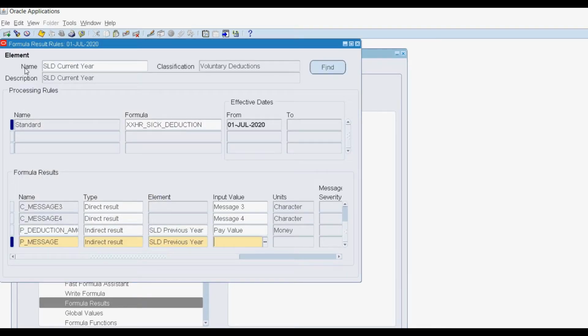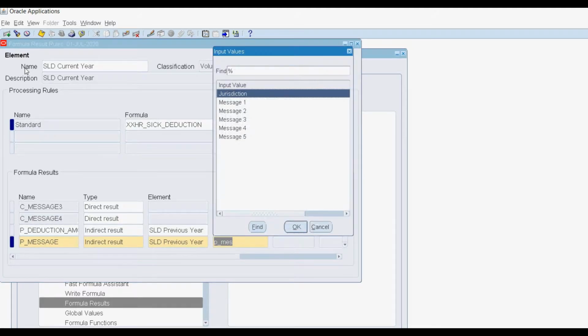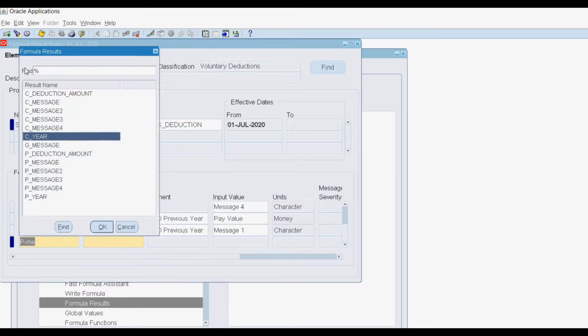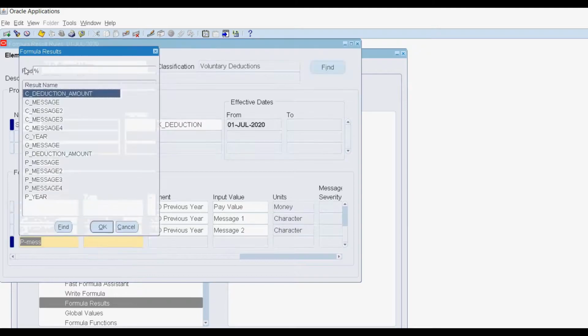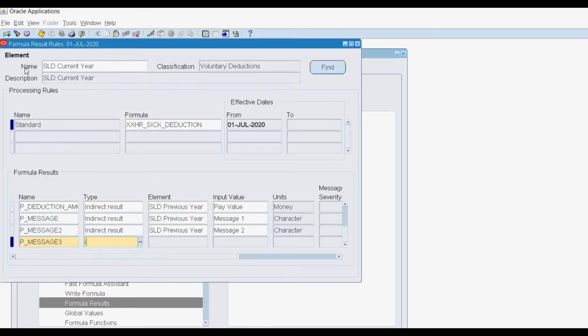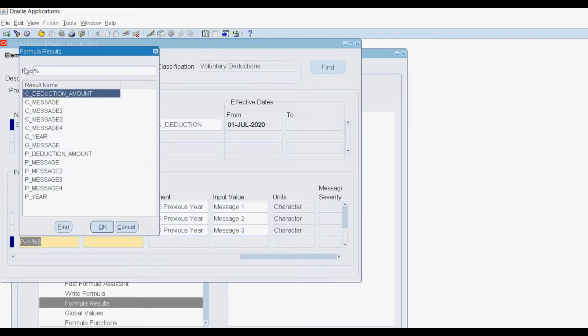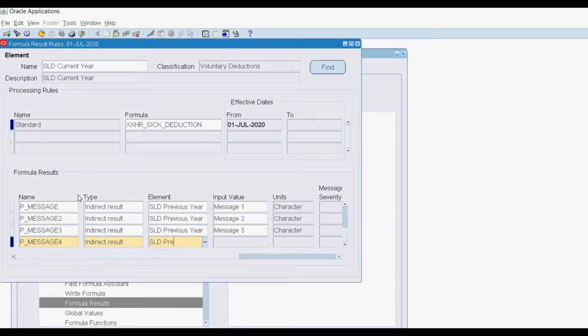So I'm defining the results from the formula outputs to the respective elements and input values. Let us complete all the output variables. I think we are done with all these messages. Now let's save the record.